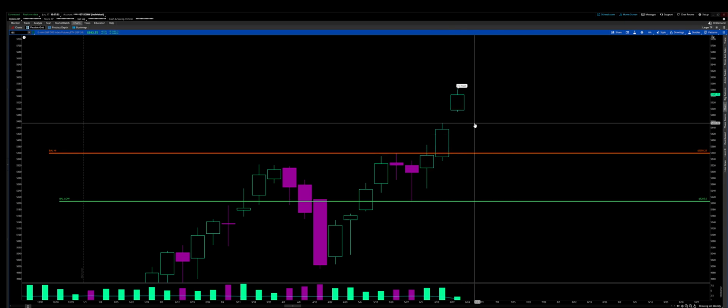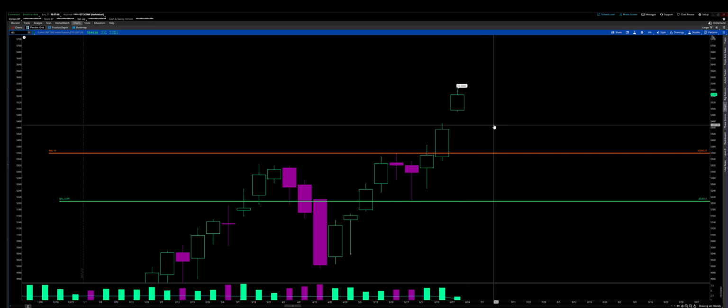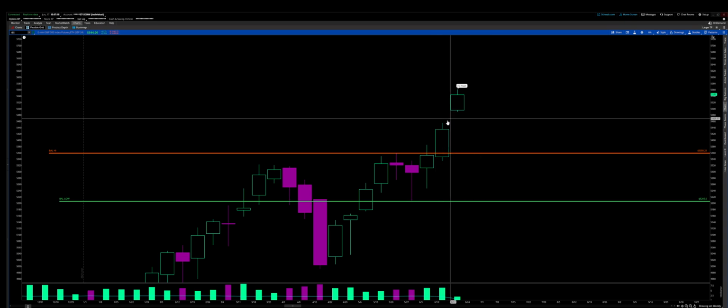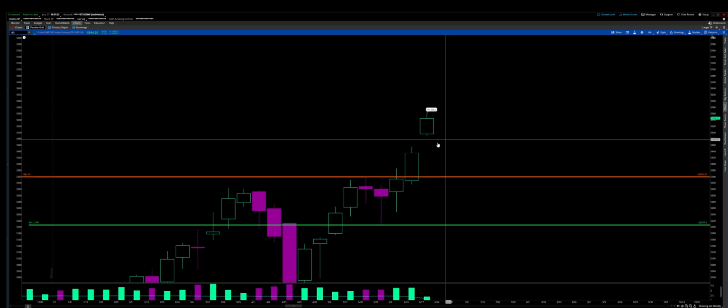Now we do have this gap here. We do have a weekly gap that is due to the premium in the rollover. There was a pretty good premium in the new contract, September contract, so that obviously resulted in a gap above where we closed, but nonetheless does not negate the fact that we are one time framing up